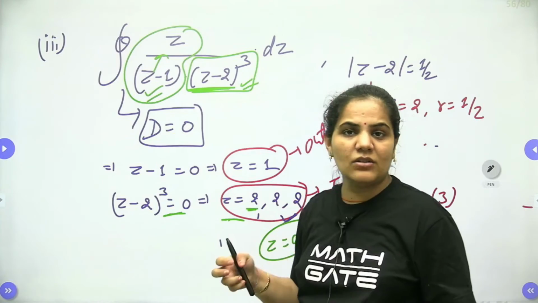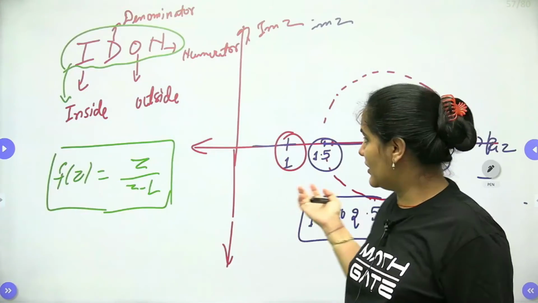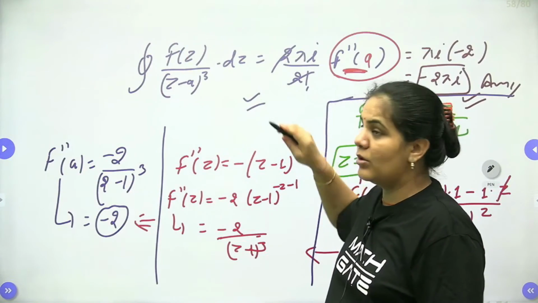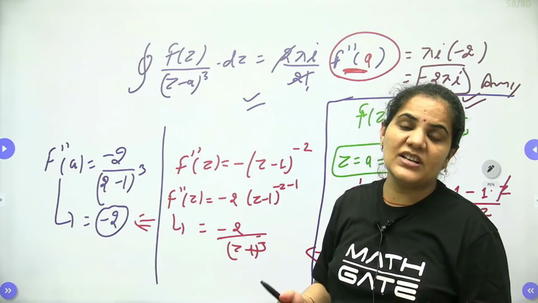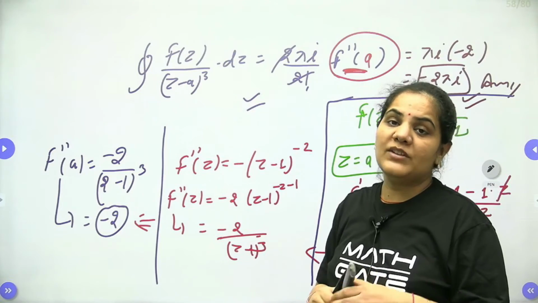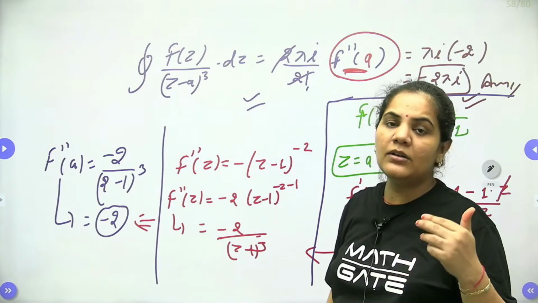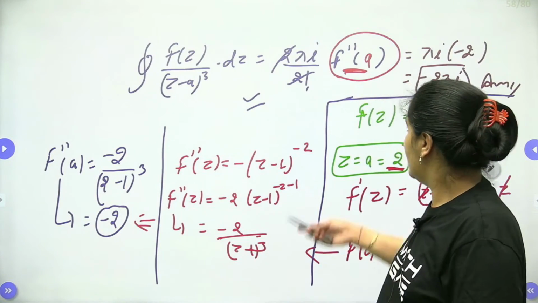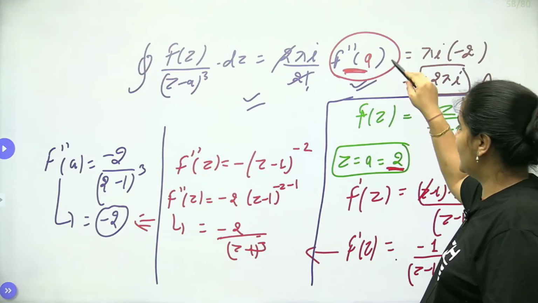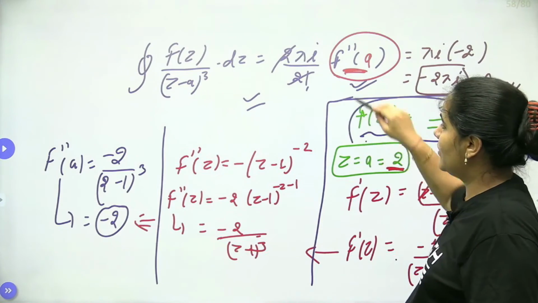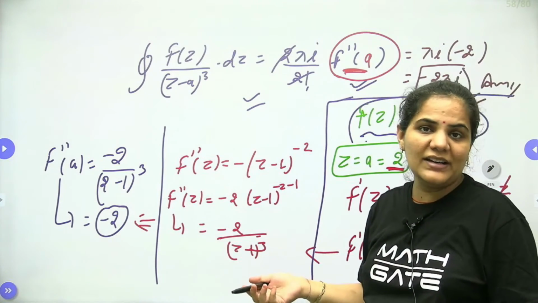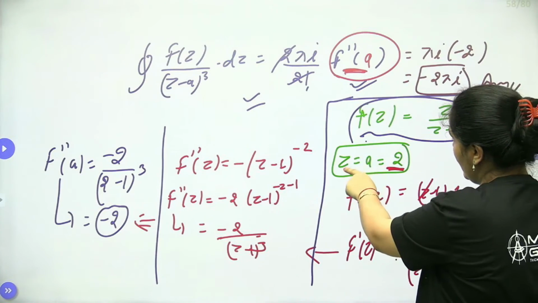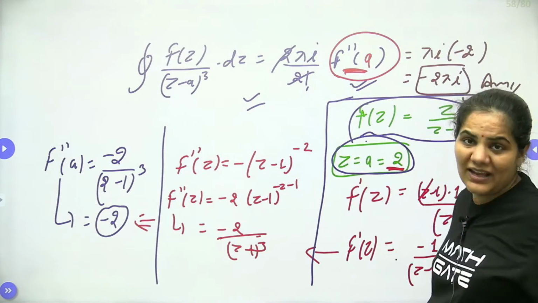Once we are done with this concept, we can go for the next thing: we have to find out f(z), because we can identify which formula of Cauchy's integral we have to approach. It depends on the order of the pole, whether the pole is of first order, second order, third order, fourth order, whatever. So from that you have to find out the function. Once you have the function, then you can approach the required formula accordingly. So here I approach it, and also you have to find out the value of a.